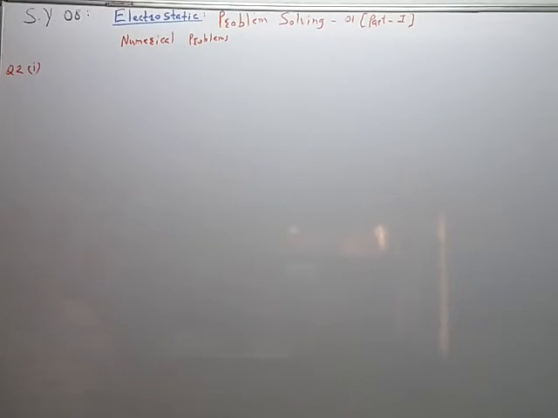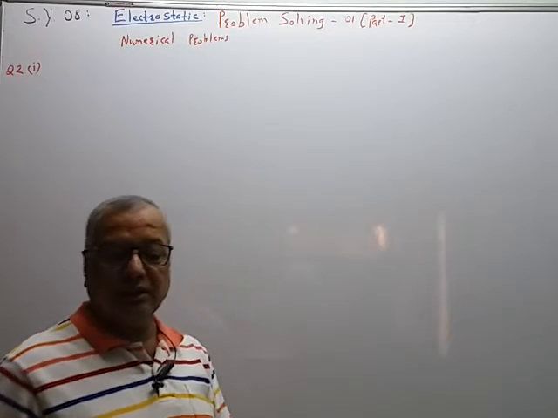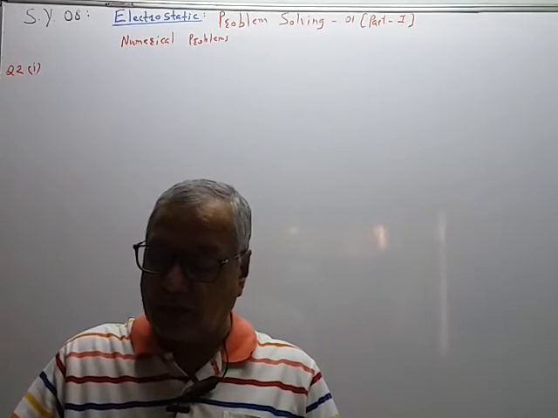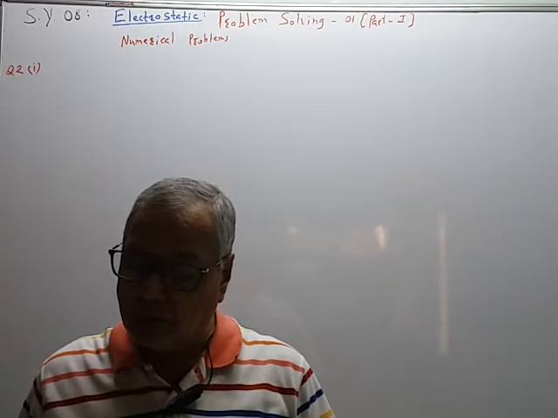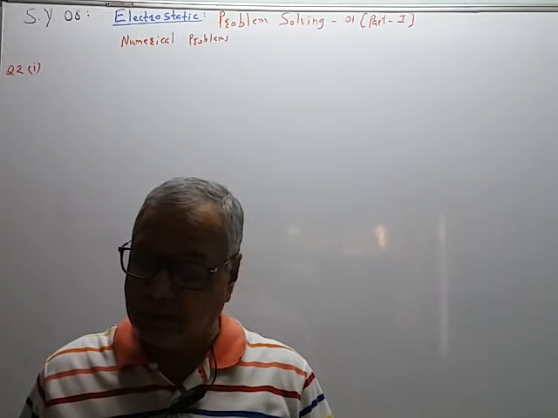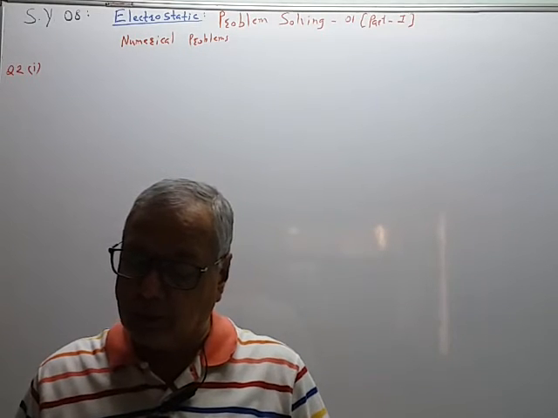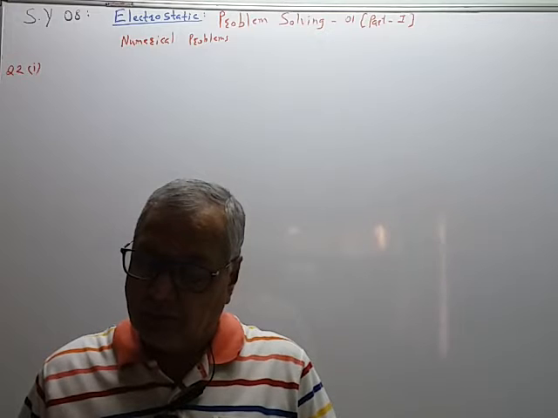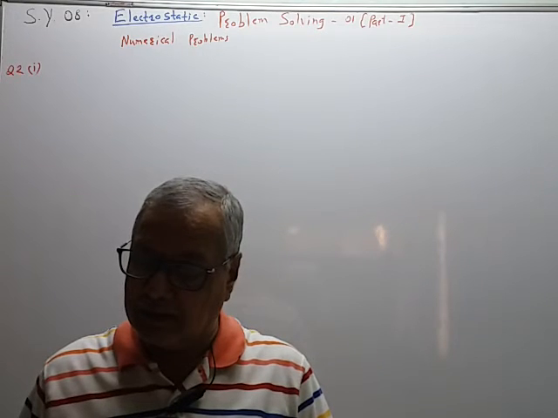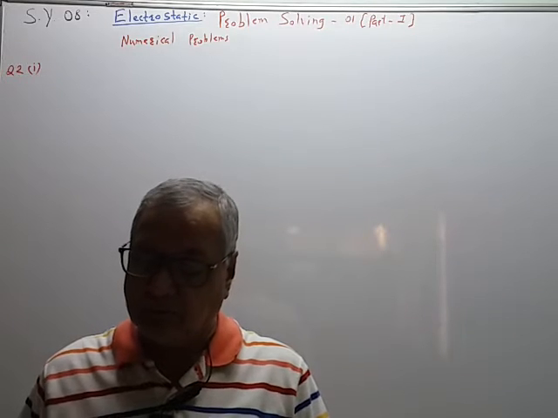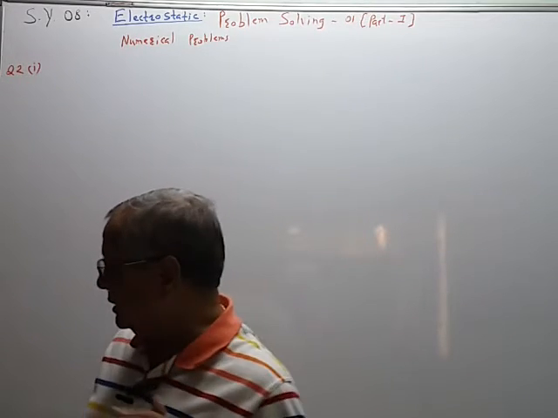Now we will see numerical problems from part first. Question number 2. Again there are 3 or 4 questions given here. So question number 2(1), sub question 1. A charge Q is moved from point A above the dipole of dipole moment P to a point B below the dipole in equatorial plane without acceleration. Find the work done in this process. We are asked the value of the work done.